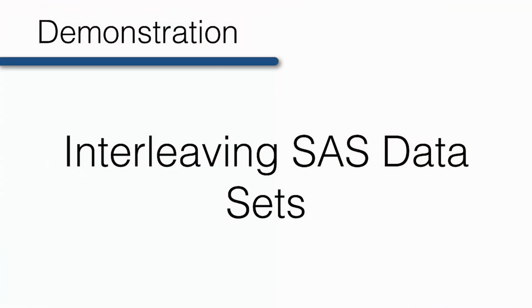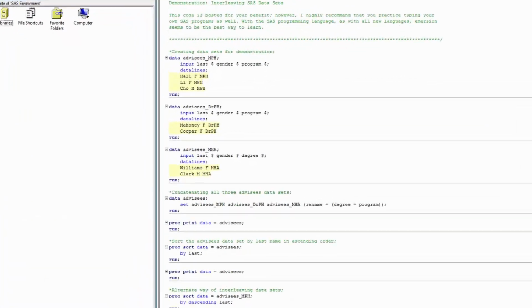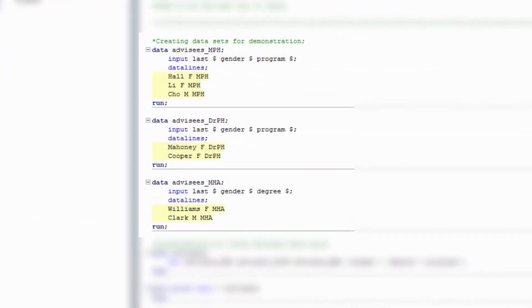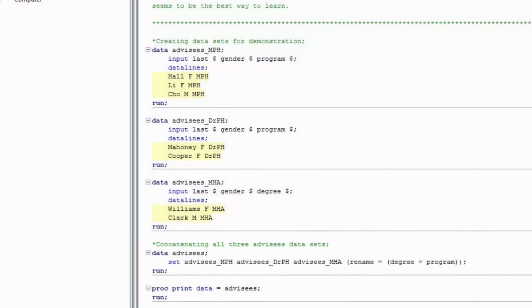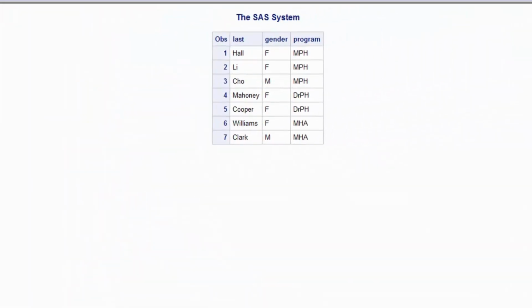This demonstration shows you how to interleave datasets in SAS. Once again, you have the same three advisees datasets as before. Each observation includes the student's last name, gender, and which academic program they're in. Let's start with a data step to concatenate these datasets into a new dataset called advisees. Remember that you need to use the rename option in the set statement so that the MHA values appear in the variable program. You can see that the new dataset advisees includes all 7 observations,